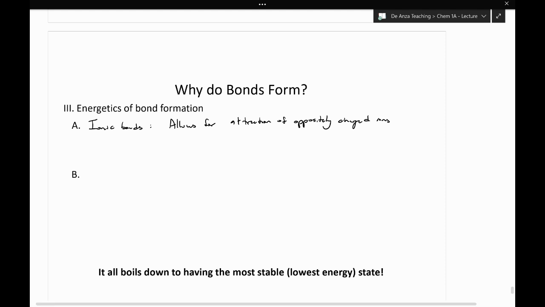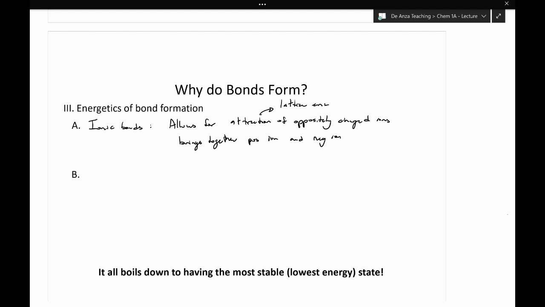So it brings together a positive ion and a negative ion. And that Coulombic force that they each experience with each other, we said that they form this lattice, so we call that attractive energy. So this attraction, we're going to call this the lattice energy. So this lattice energy is the Coulombic attraction, or the attraction that comes from the Coulombic force. In the case of covalent compounds,